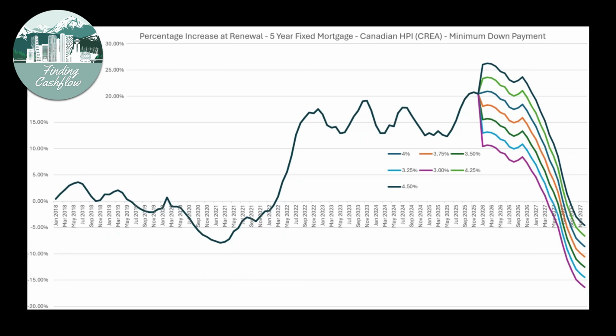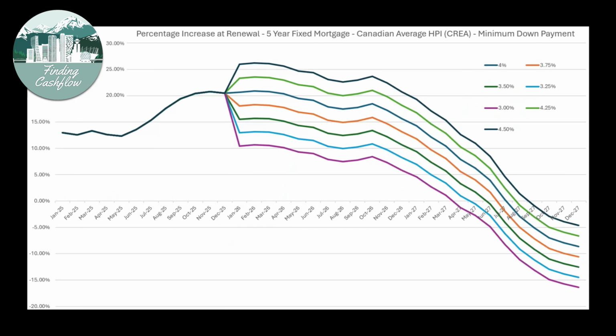And because nobody can know for sure where the Canada 5-year bond yield will go from here, and therefore where the 5-year fixed rate mortgage in Canada will go from here, I've worked out the mortgage renewal wave at a number of different levels for the 5-year fixed mortgage rate. And we can see that if rates stay in the range of 4% or higher, the peak percentage increase in mortgage renewals for the 5-year fixed mortgage rate here in Canada is still ahead of us. And if you were to take a screenshot of this screen, you'll be able to see the exact percentage increase in the 5-year fixed mortgage rate in Canada upon renewal in any month throughout 2026 at various interest rates.